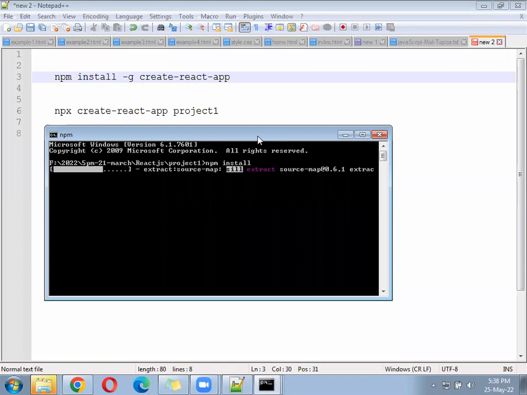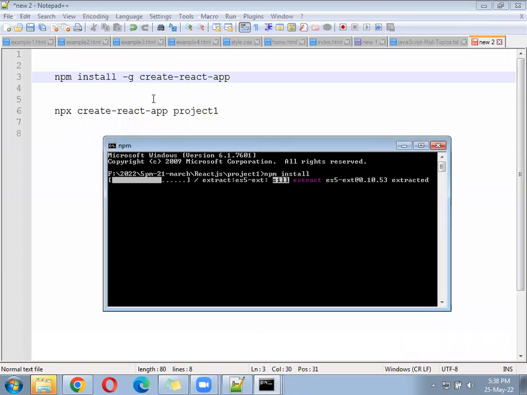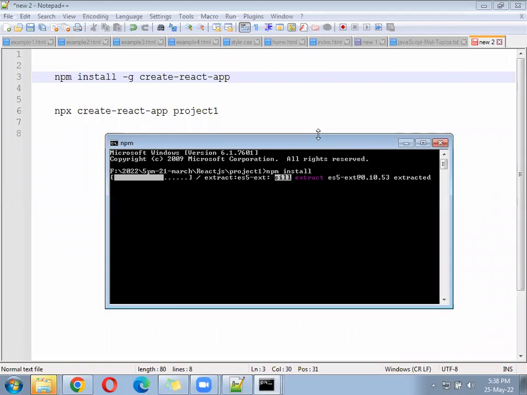Is anyone about to complete, or completed? For me, the second command is completed. And now when I'm inside project one, I see node modules is already there. No, for you, NPM install is not needed. I have taken the clone of the another one, so I have done NPM install.